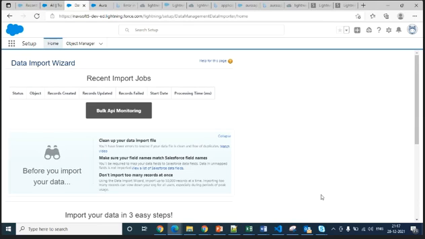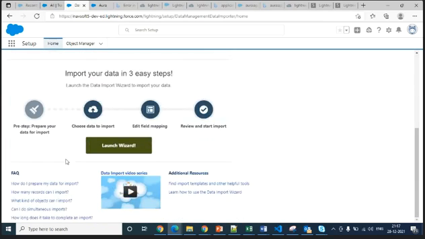See here, this is the UI of the data import wizard. You can see the steps. There are 4 steps we have. Initially, you need to prepare the document, so I already prepared that. Then you choose the file you want to import, and you need to map the fields of your file columns to the Salesforce object APIs and object columns. Then review and start import.